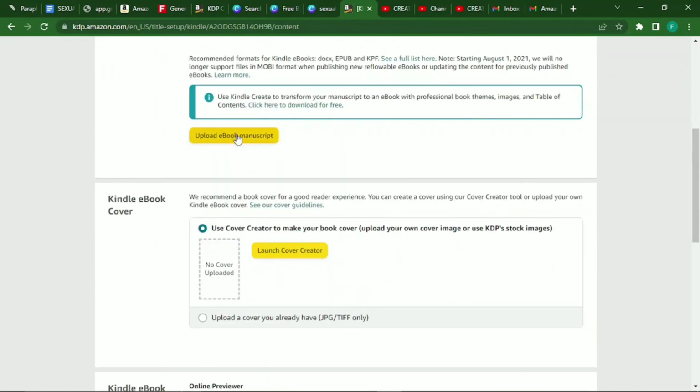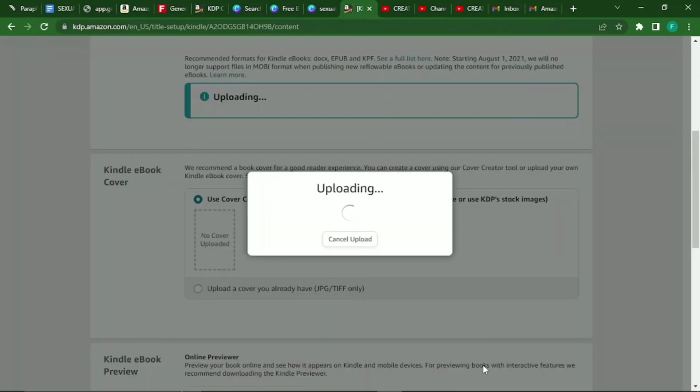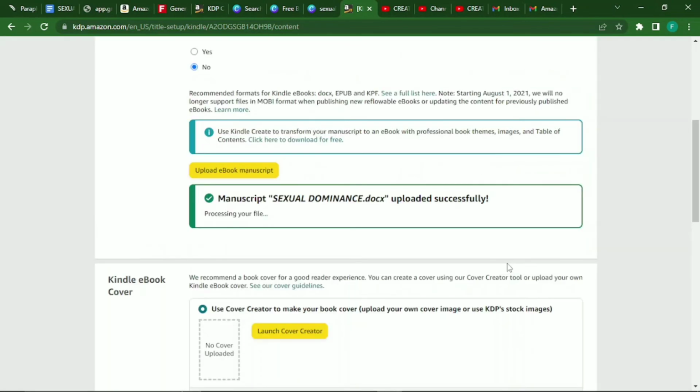So there are only 2 versions that we downloaded before, which was Word, HTML, and also PDF. So for this one, you are going to upload the HTML or you upload the Word version. So I'll pick one of them, not the PDF. I'll pick the Word version. So either you upload the Word version or you upload the HTML version that you downloaded. So I will just upload the Word. Once I've uploaded that,